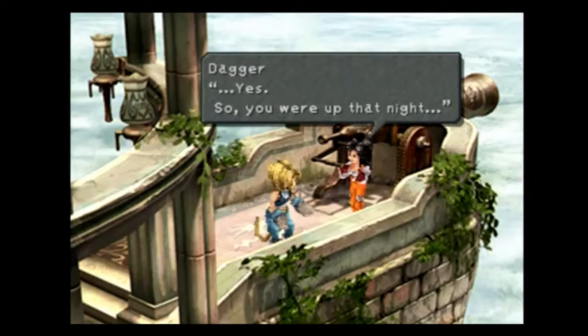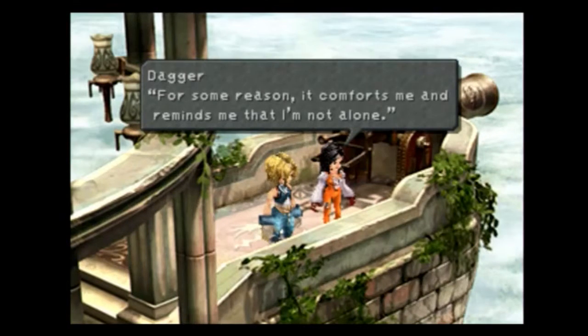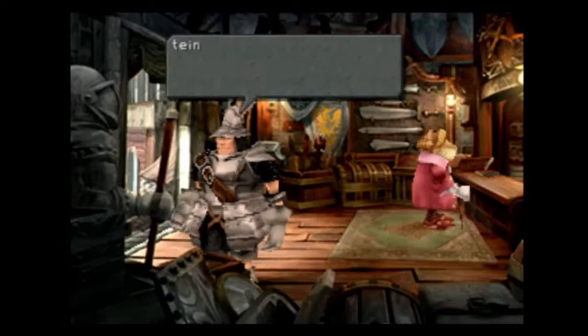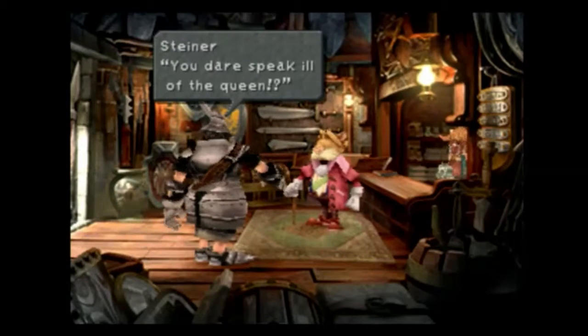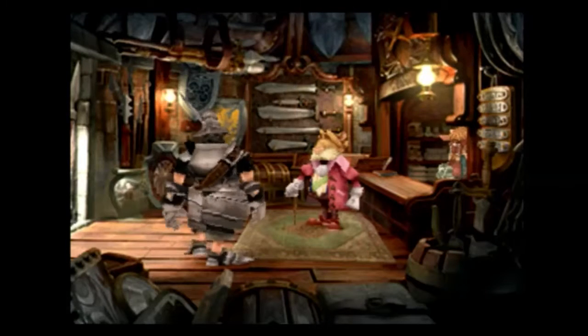He tries to get a date, kind of screws that one up. She tells him about a song that she constantly sings, and he's all happy. Lead us through some different dialogue, and we learn that people in Lindblum are very suspicious of Queen Brahne. They think she's going to start a war anytime now, and Steiner sticks up for the queen and then walks